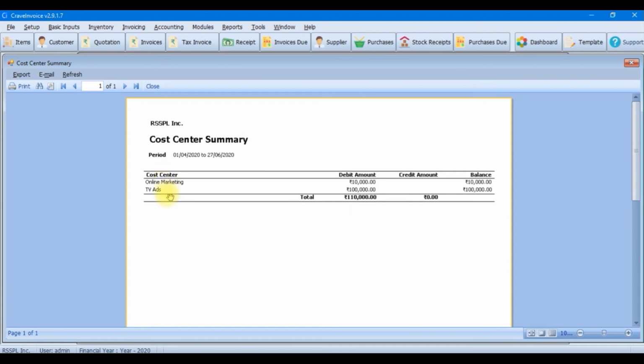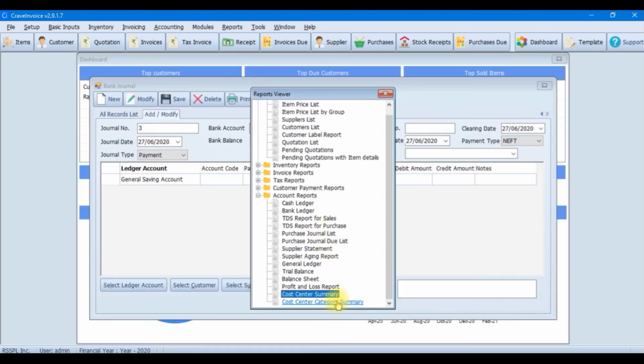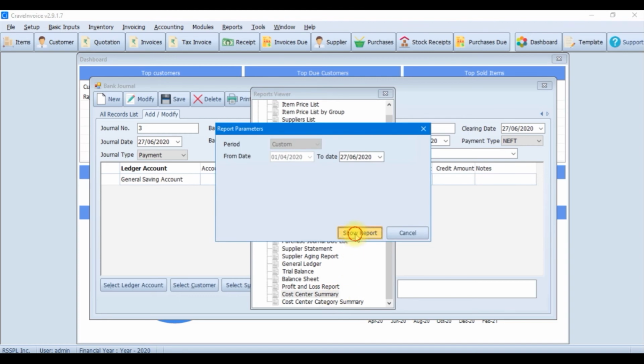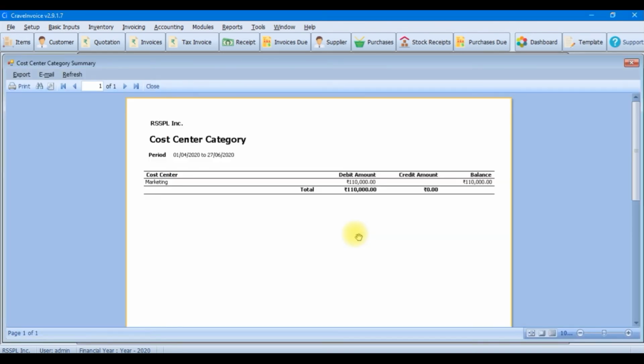As we can see, two cost centers are visible here with the debit amount. Similarly, we can see the category summary report. Here we can see the total of all the expenses done for that particular category.